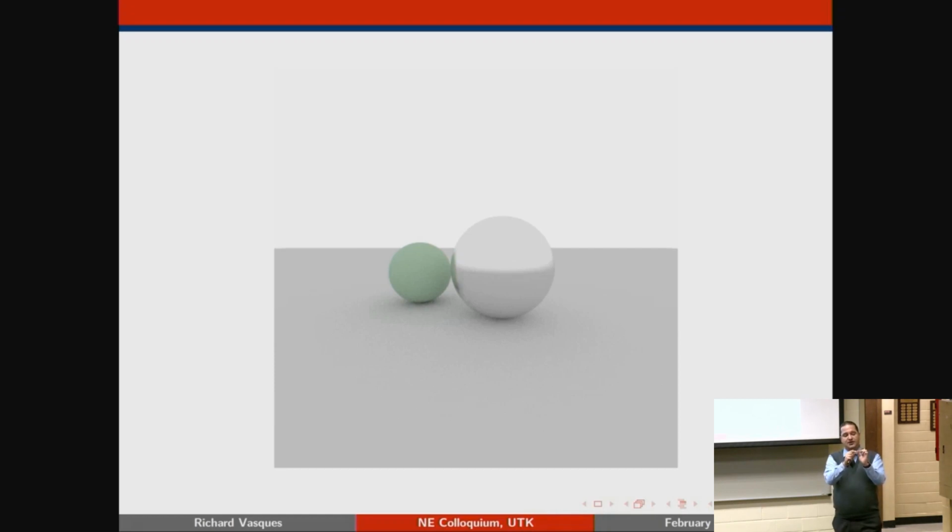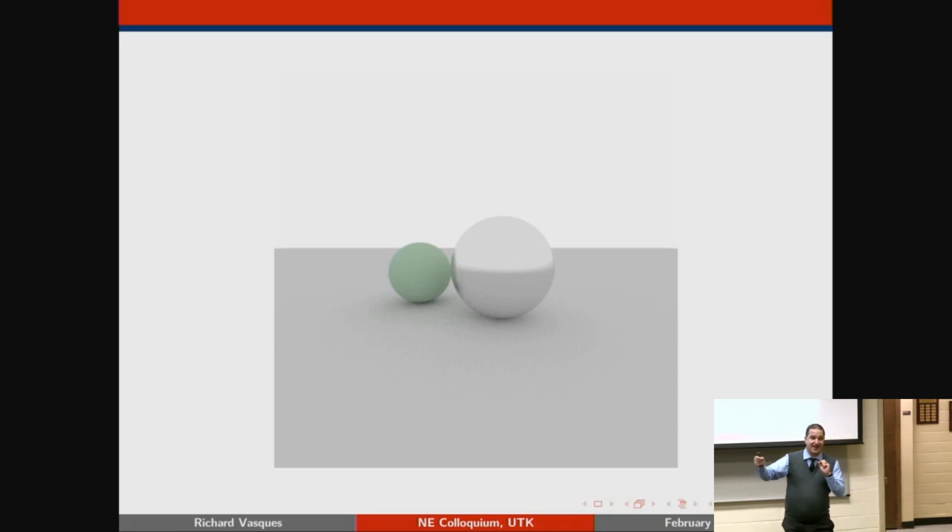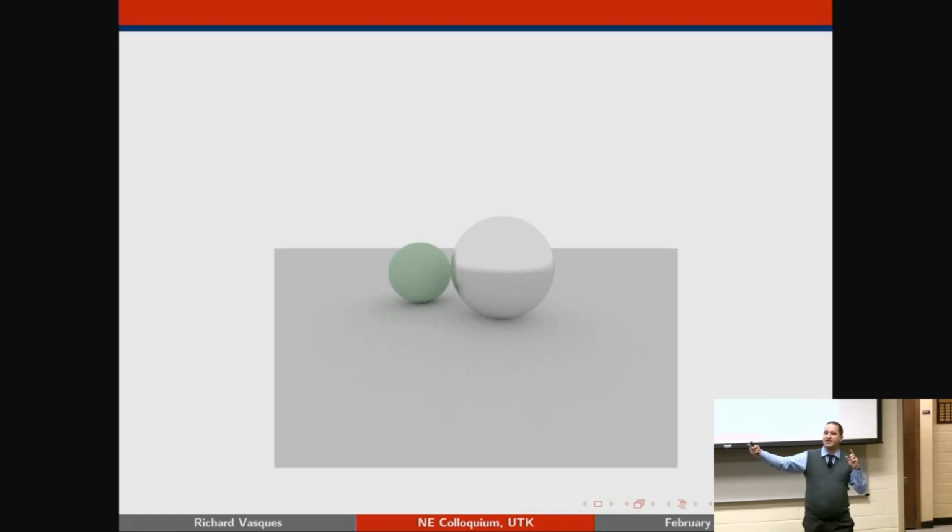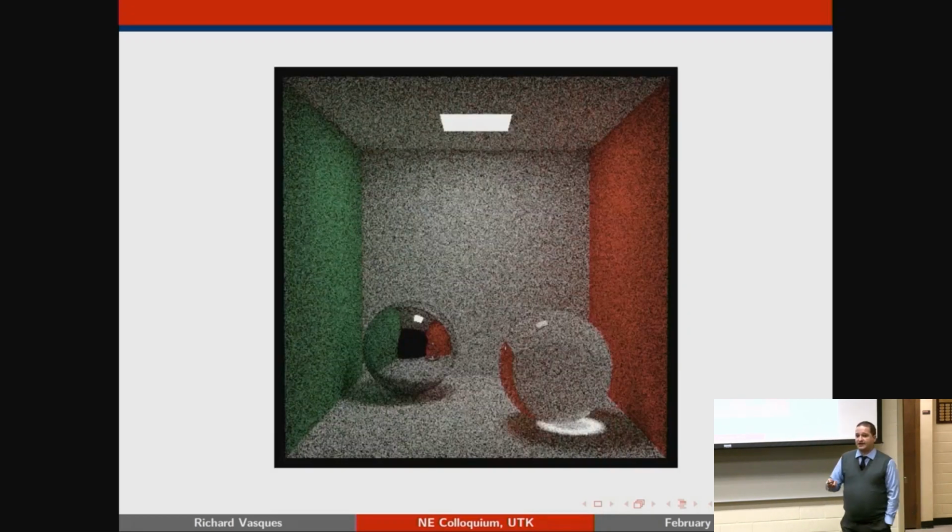But I also need to know if there is light coming from anywhere else into that point. So I have to shoot other rays as I get to that point and see if they hit something else. And if one does, like it hits the green ball there, I'm going to account for that amount of light being deposited at that point. And it might hit another point. You can see how this is going to exponentially increase as I increase the number of rays coming out of it. So it gets more complicated step by step as you start looking into this.